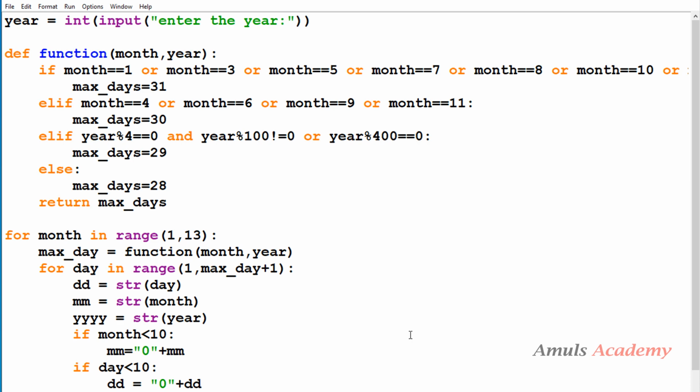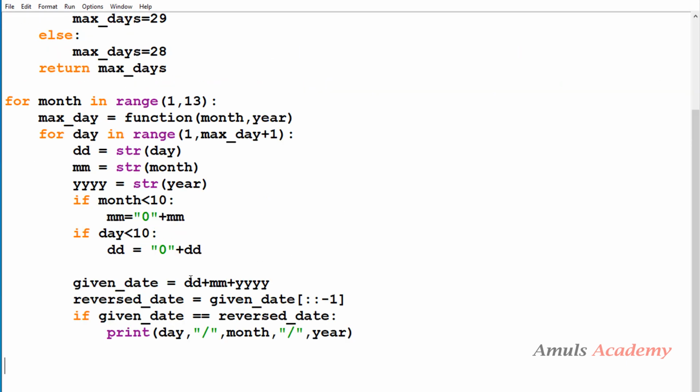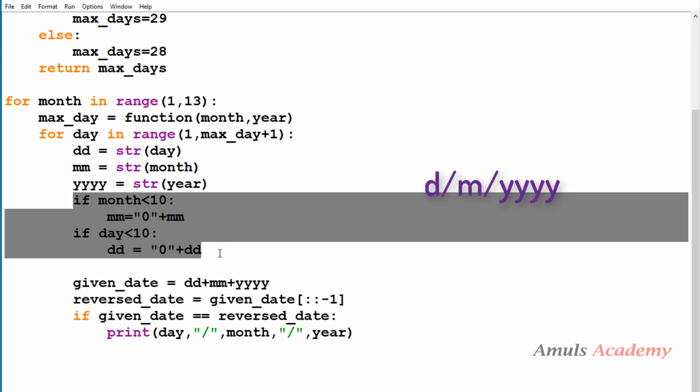We'll save this program and we'll run it. So enter the year. I'll take 2012. It contains only one date which is a palindrome in DDMMYYYY format. So as I said, palindrome dates differ for different date formats. If you want to change the format, you can change that here when you are concatenating. If you want to take DMYYYY format, you need to remove this. We already discussed this in the previous tutorial, and I will give you the link of that video